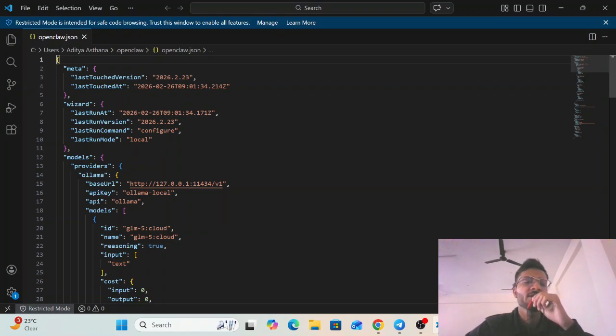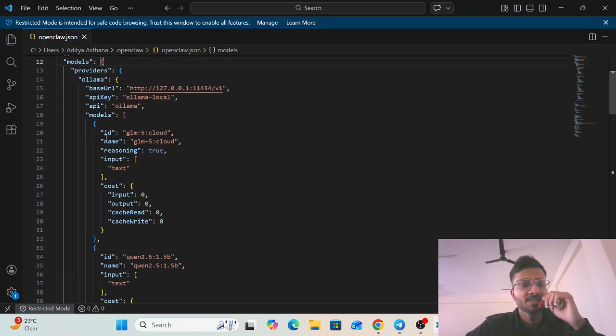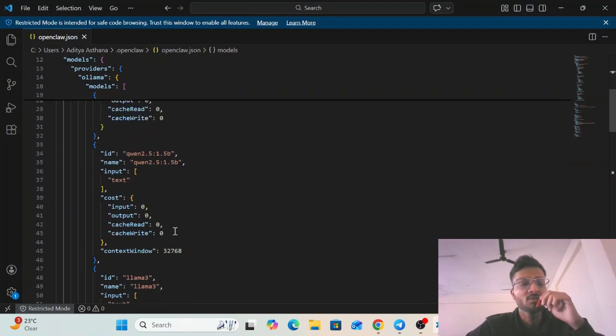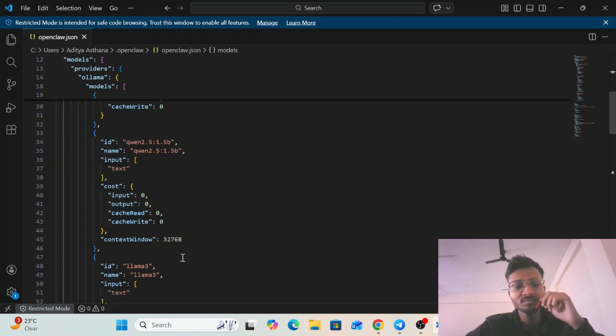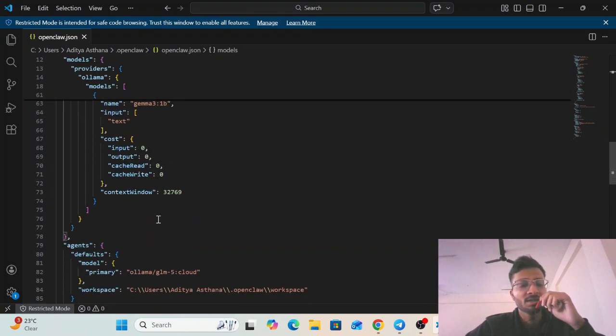Now, let me show you how we can check our context limit in OpenClaw. Here I have opened the OpenClaw configuration file. Inside the models, we can see different models listed, like GLM 5 cloud. Since it's a cloud model, there isn't any context window written. But if we look at the Qwen 2.5 model, we can clearly see the context window here, which has about 32,000 tokens. Llama 3 has a smaller context window, 8192, and Gemma 3 also has